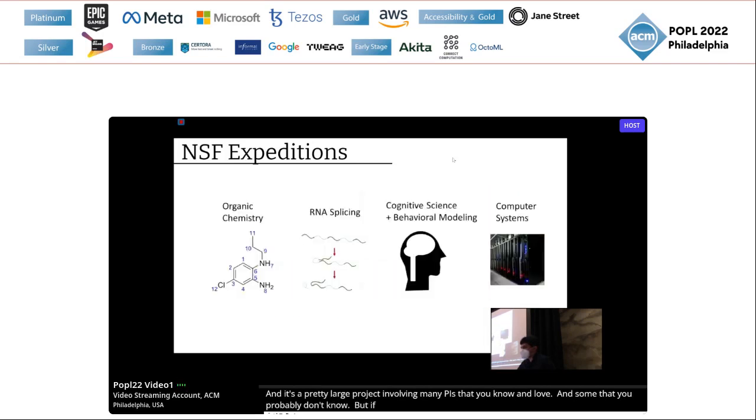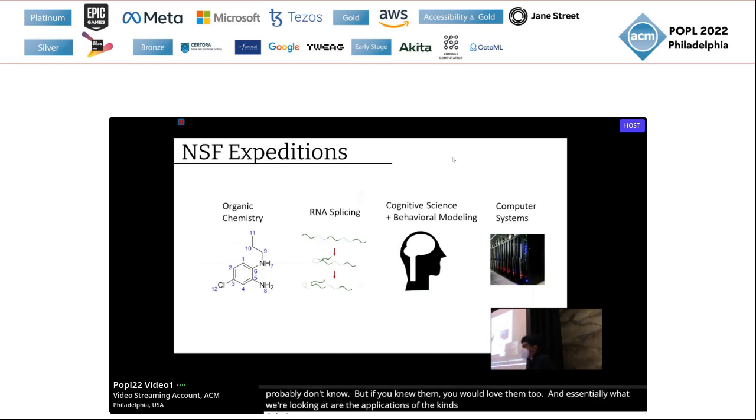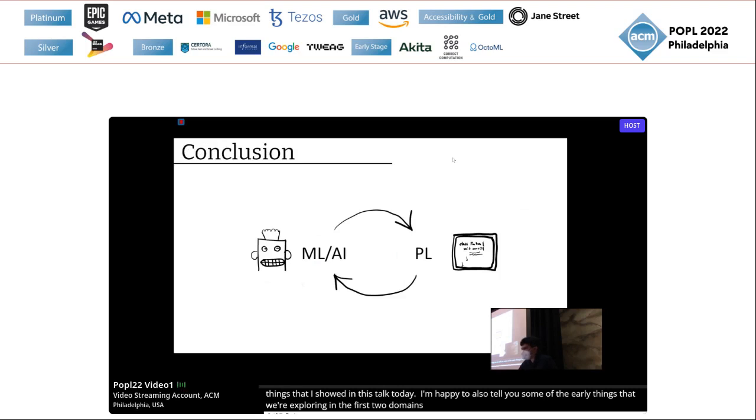And essentially what we're looking at are applications of these kinds of ideas and techniques in 4 particular domains: organic chemistry, RNA splicing, cognitive science and behavioral modeling, and computer systems. The last 2 domains are somewhat in the spirit of some of the things that I showed in this talk today. I'm happy to also tell you some of the early things that we're exploring in the first 2 domains offline. But to conclude,